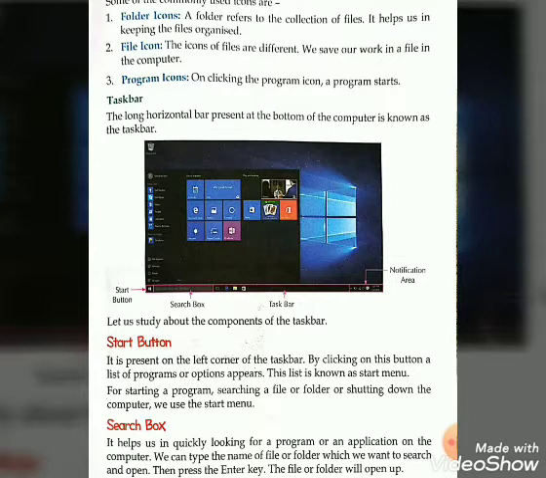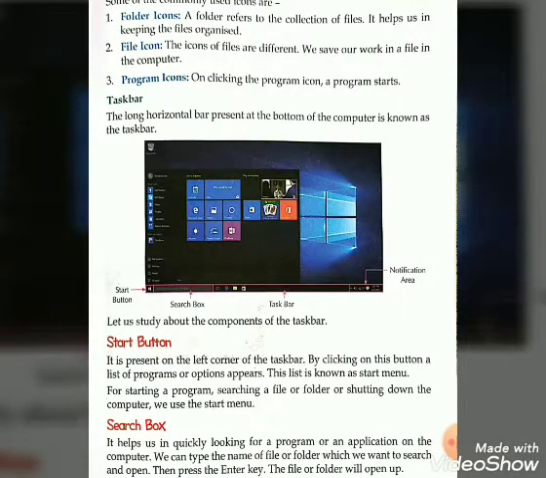A folder refers to the collection of files, you know that, because it helps us in keeping the files organized in a good way. So basically folder icons refer to the collection of files and help us in keeping the files organized.